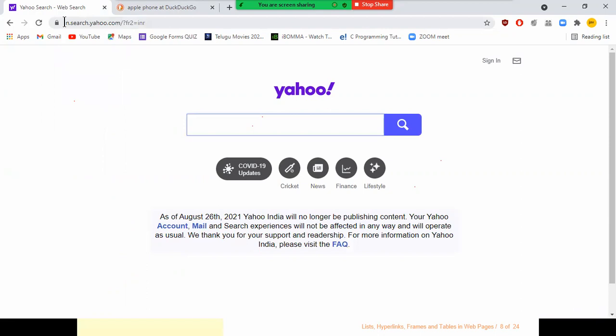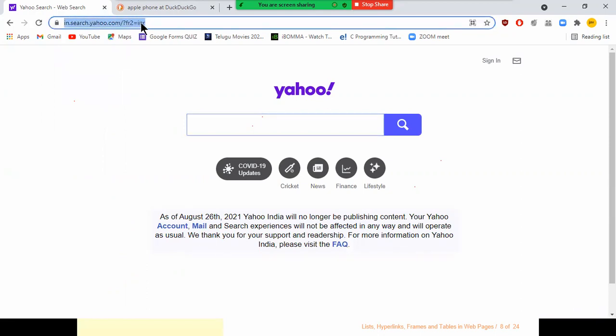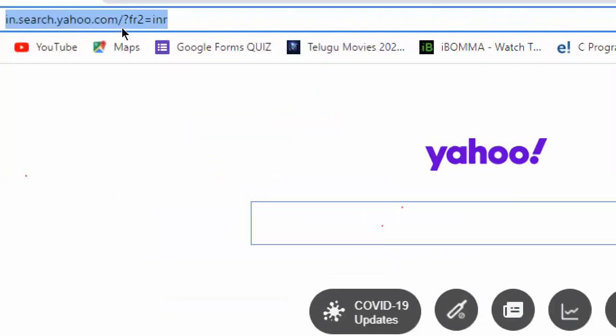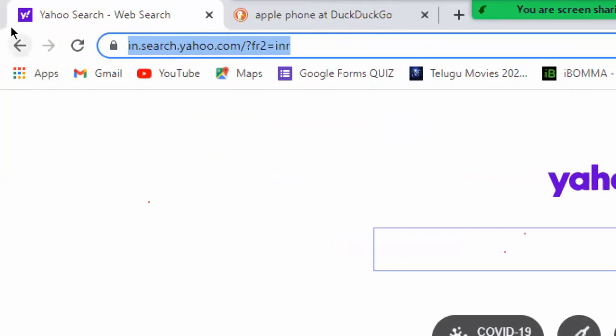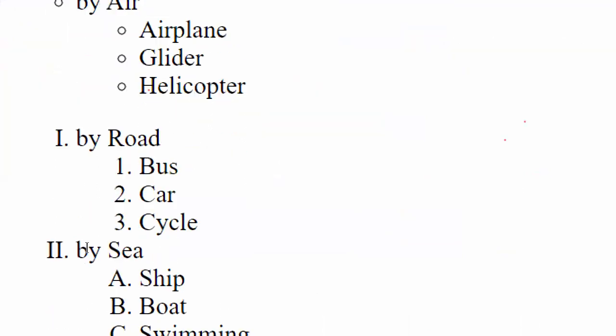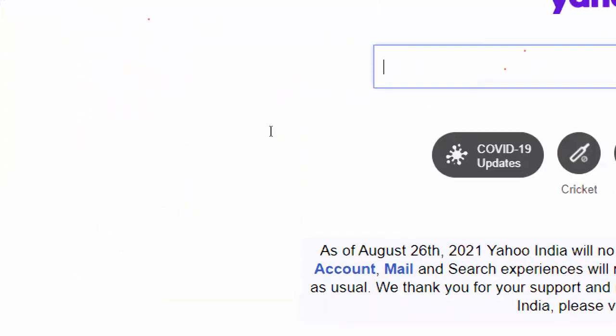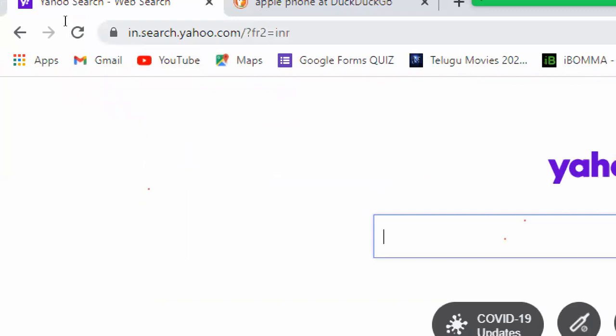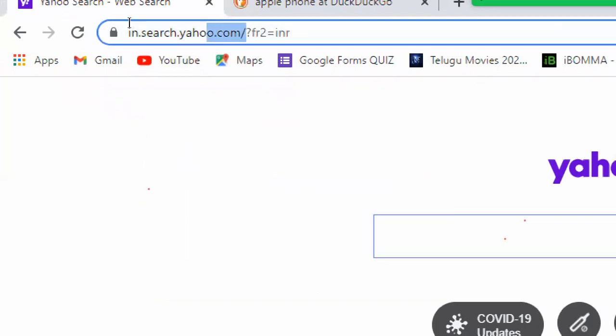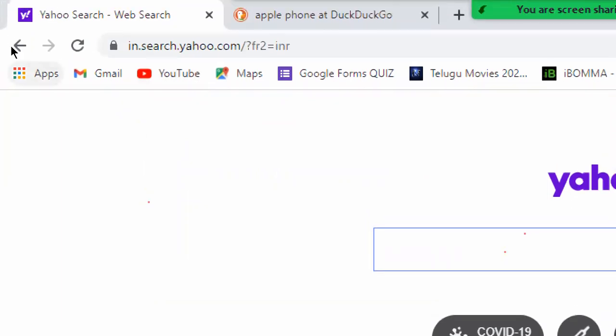You can see that, right? You can see that the link is the Yahoo link. Okay, it's going to open for me, right? Understood what I'm telling? You can see that the link is automatically opened. I'll do one thing. I'll go to the previous page. In the previous page, this is my link. I'll click on this link, and automatically it will open yahoo.com for us like this.